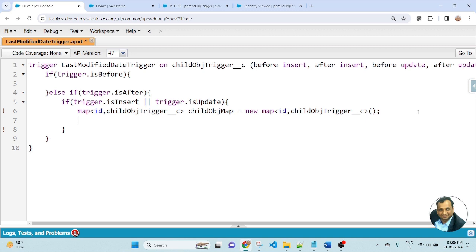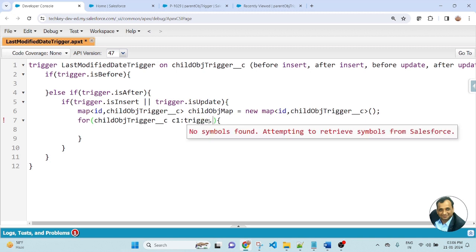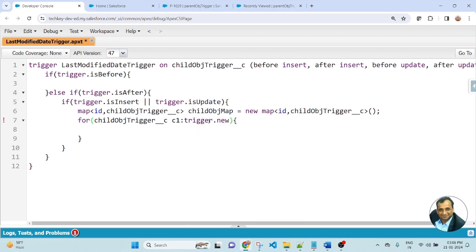After that I will use a for loop. Here I will apply child object trigger c1 colon trigger.new. Trigger.new returns the list of current session records. Then here I will put the value into the map.